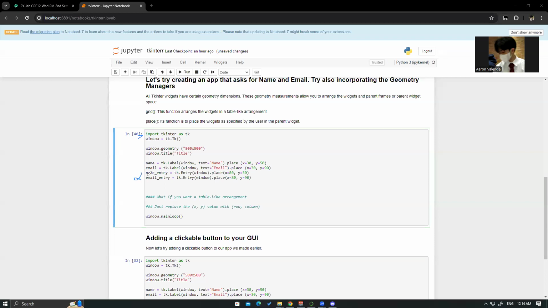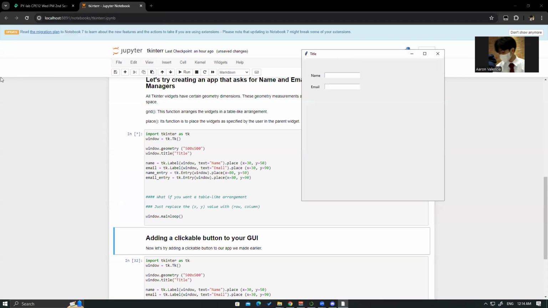Now let's discuss these last two lines of code. Basically these two lines here add the entry method. So tk.Entry, then the name of your tkinter window. So let's try running this code.